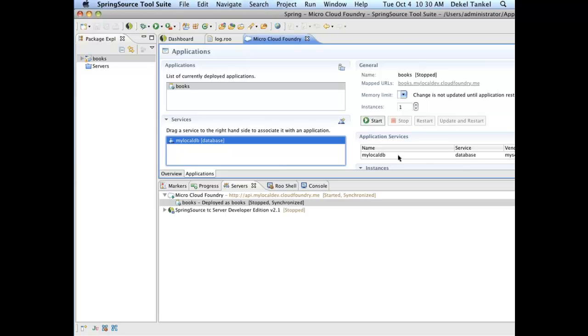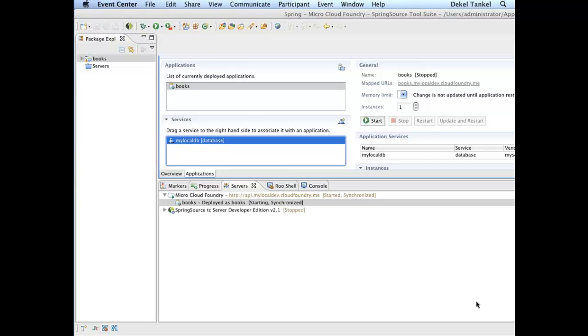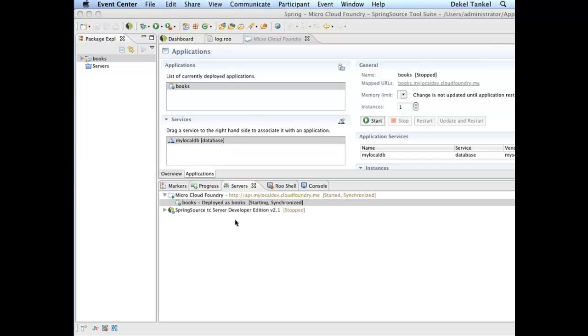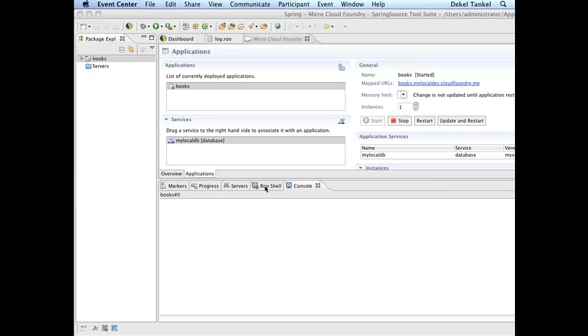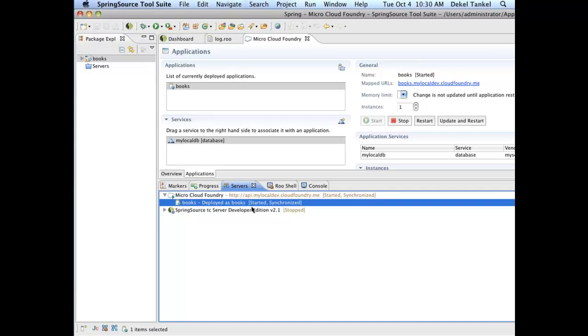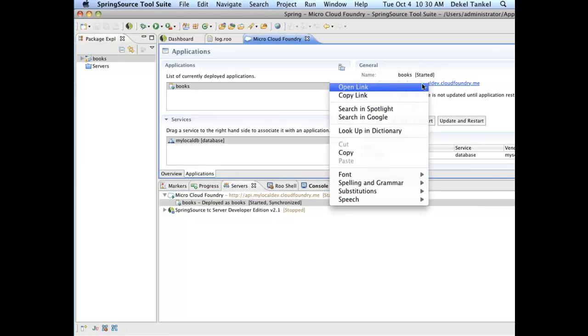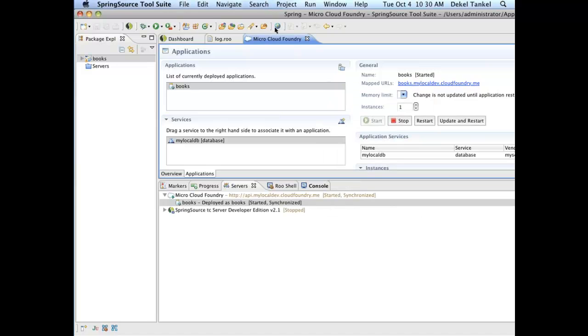It's actually creating the tables for you because this is a Spring app, and you have defined all the entries in the app for what you need from a database table. And it also provisions and creates the connection to that database. So when I click Start, it's going to start running everything in my MicroCloud here. Now it started and synchronized, and I'm actually going to open it locally here